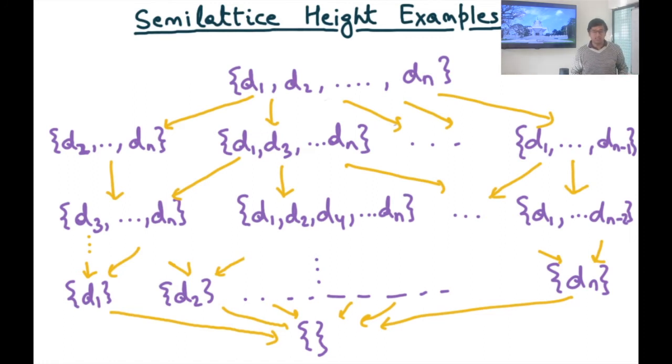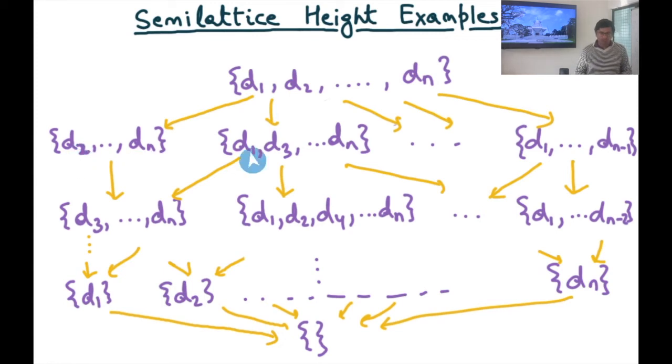So how many elements are there in this particular set? Basically all possible subsets of d1 dot dot dot dn. And how many subsets of d1 dot dot dot dn are possible? It's 2 to the power n. That's the power set of d1 dot dot dot dn, right? And so one of the values is, for example, all the elements except d1, so that's d2 dot dot dot dn.